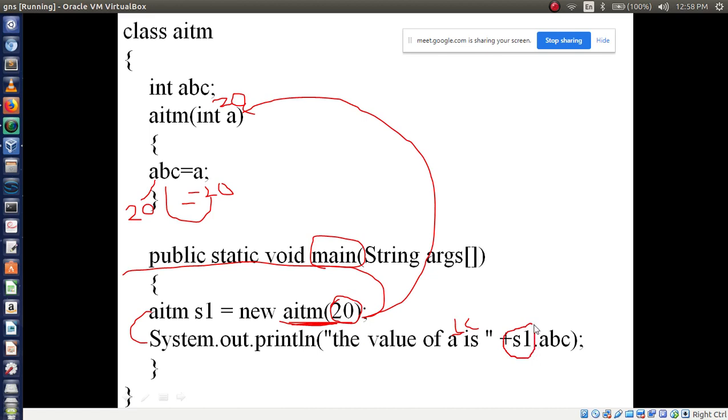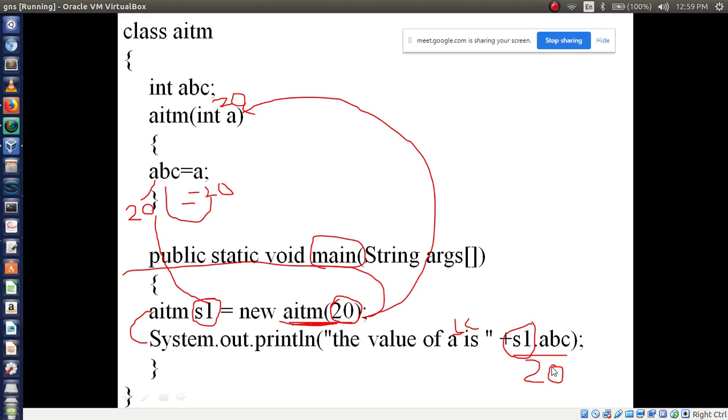S1 means what? This reference variable. S1 means reference variable. It has the value 20 from which variable? From abc. So s1 dot abc you are accessing with the help of the reference variable through this constructor, right? So s1 dot abc means the answer is 20. 20 is going to display.